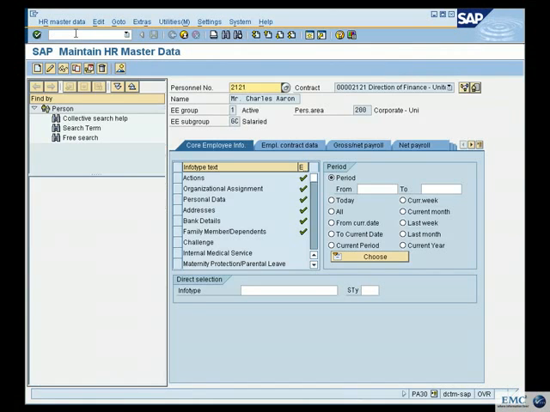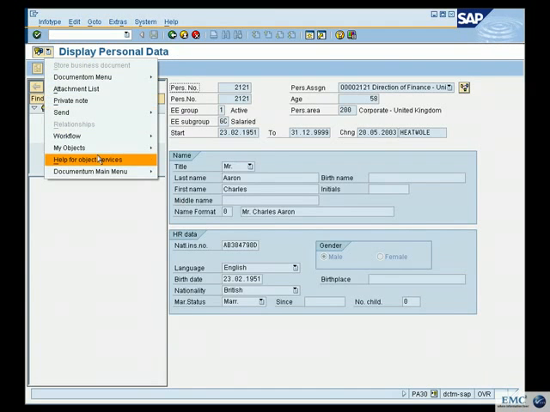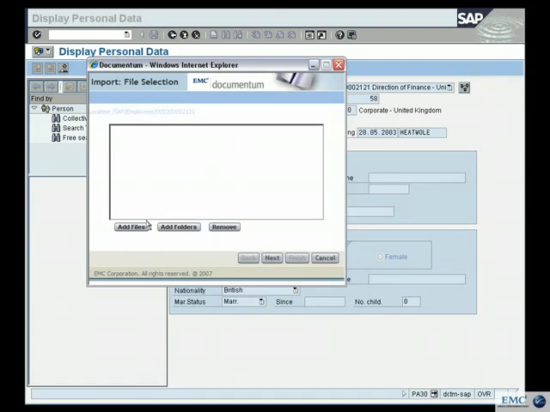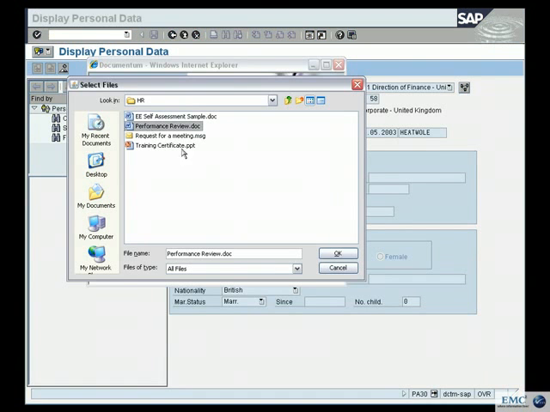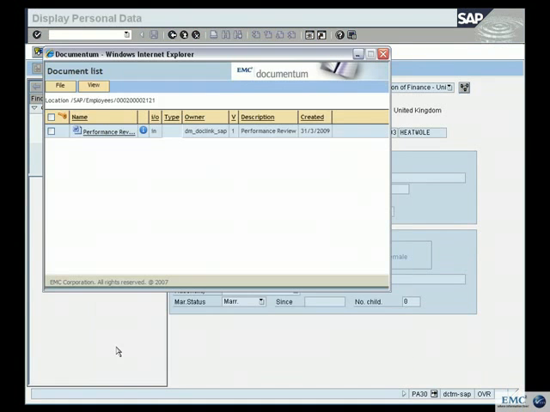So here now we'll go through a number of ways you can add information to this. So you go down to the employee ID, you select the info type you want to add this document to, and using the standard menus in SAP, you just bring up the option for how you want to add it. So here we want to add it from a file system. You pick up a file, you add the relevant descriptive data or metadata, and you add the document easily here